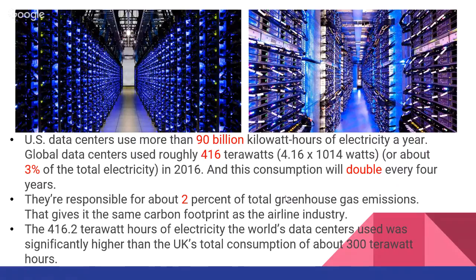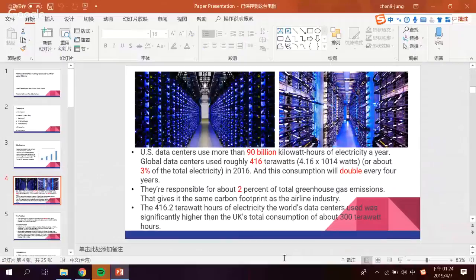The 416.2 terawatt hours of electricity the world's data centers used was significantly higher than the UK's total consumption of about 300 terawatt hours. And then I'm going to add in some of the things. Yeah, I think we can stop here and see whether